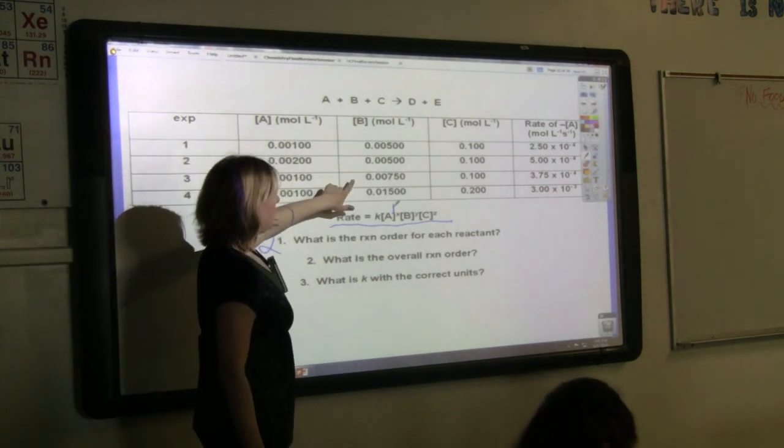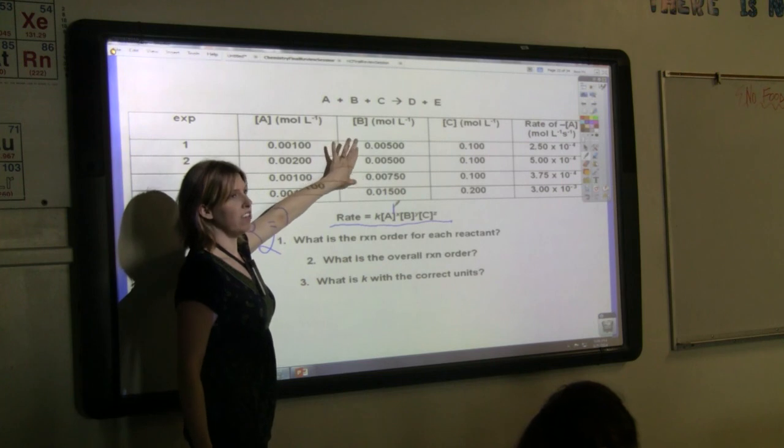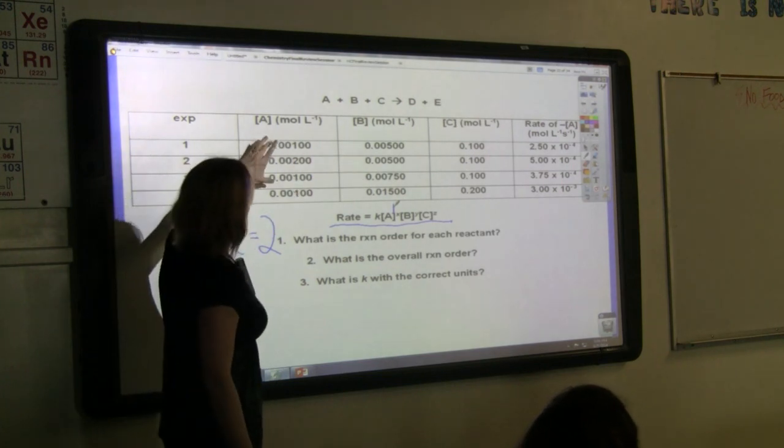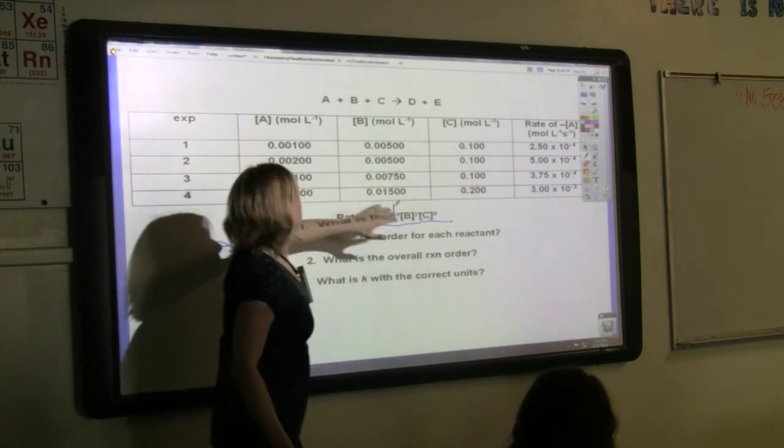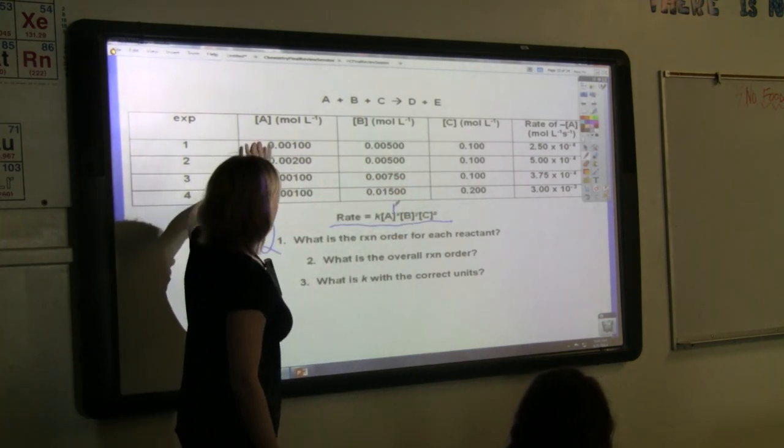Alright, now let's do B. We need a B where they're different, but everything else is the same. So these are the same, 1 and 3. Well, 1 and 3 are the same here, so we can use 1 and 3. What happens